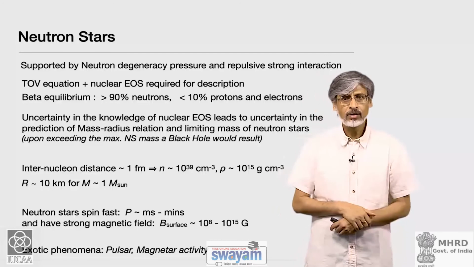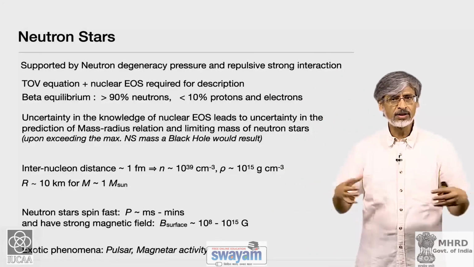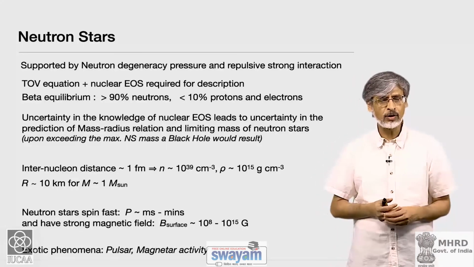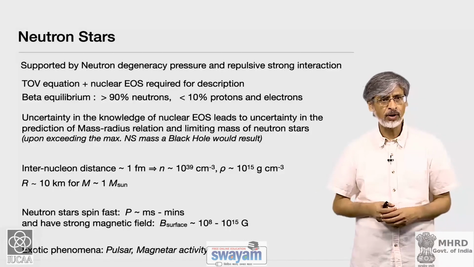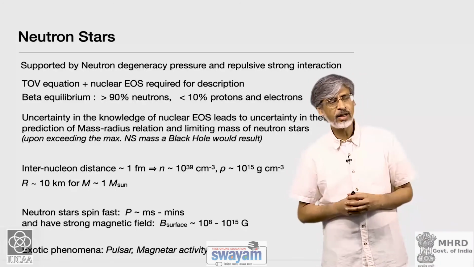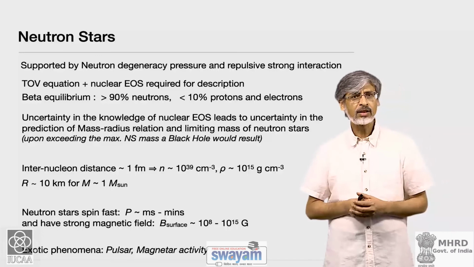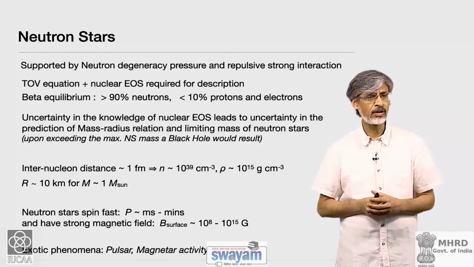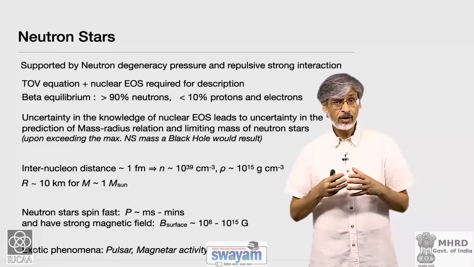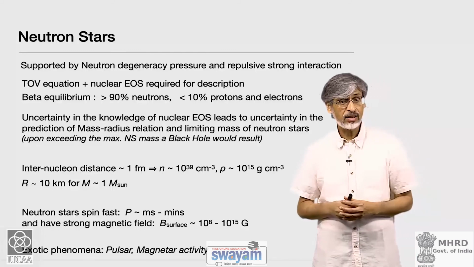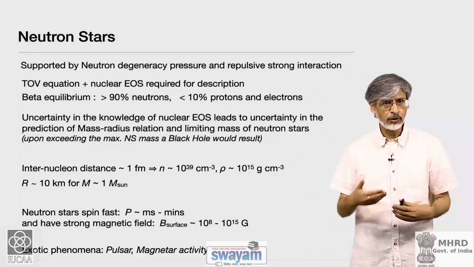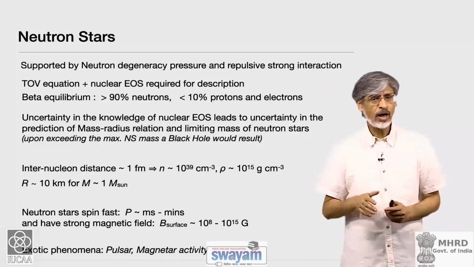So, now going through these different stages, when the star was thermally supported, a star of about 1 solar mass will have a size of about 1 solar radius, which is 1,000,000 kilometers. If 1 solar mass had to be held by electron degeneracy pressure as a white dwarf, the size would be about a few thousand kilometers, 6,000 kilometers or so. If a 1 solar mass star has to be supported as a neutron star, then its radius will be only 10 kilometers. However, as you have seen, to produce a neutron star, you would have to go through this barrier